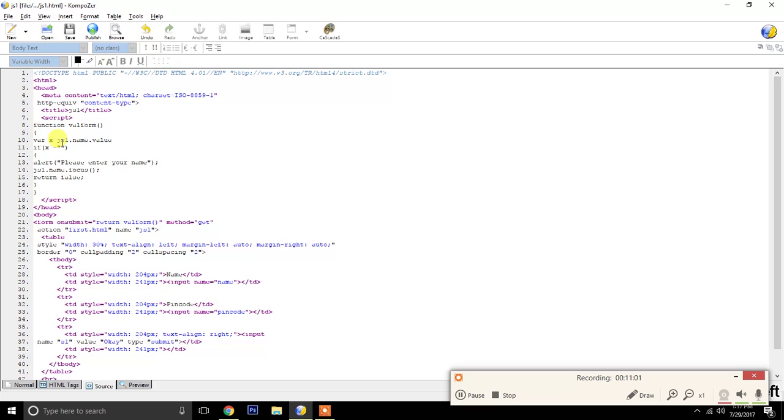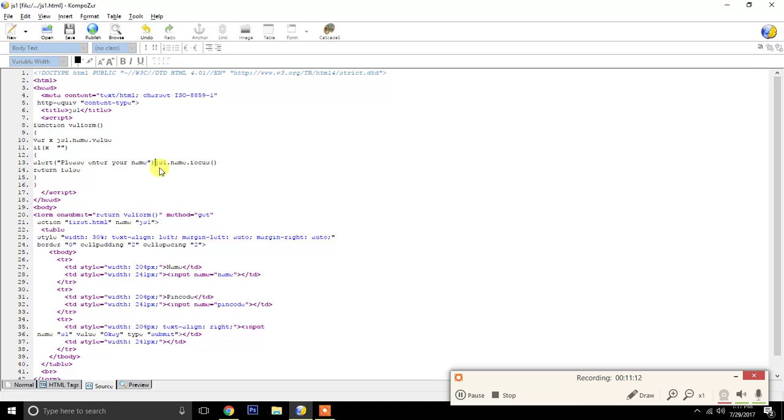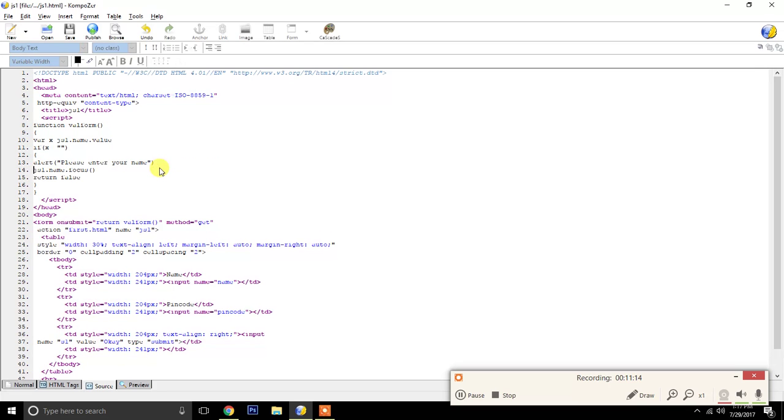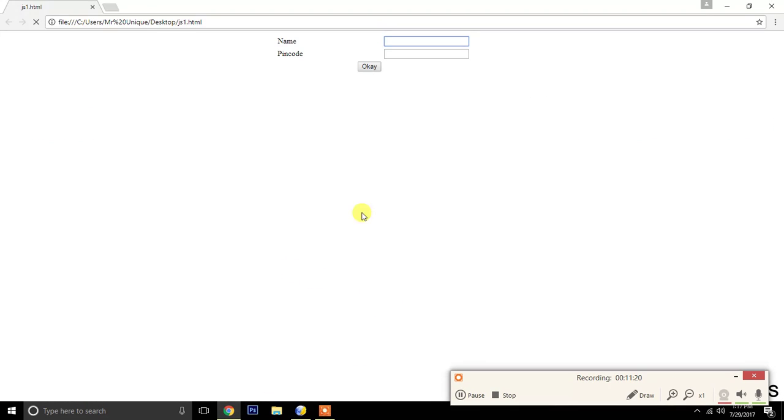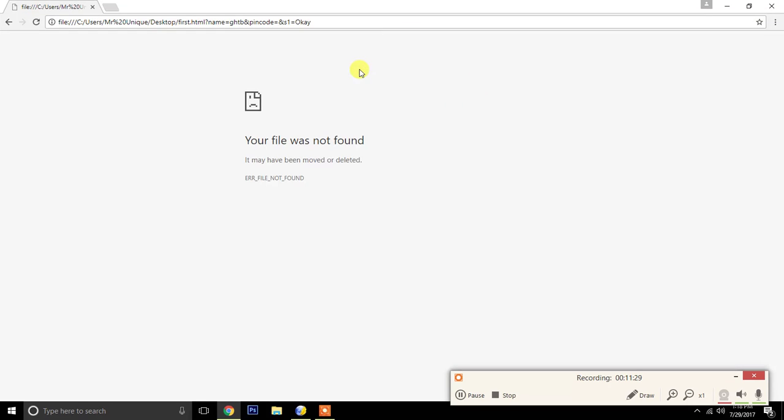And another thing which is optional is the semicolon, the full stop of your statement, as I have shown you that you don't have to write it when you are writing in another line. If you are going to write it together like this, you need a semicolon, but here it is not needed. So now let us go in our browser again and check. Okay, please enter your name. I will refresh my page afterwards. Then if I enter my name and click OK, it says my first.html is not found.